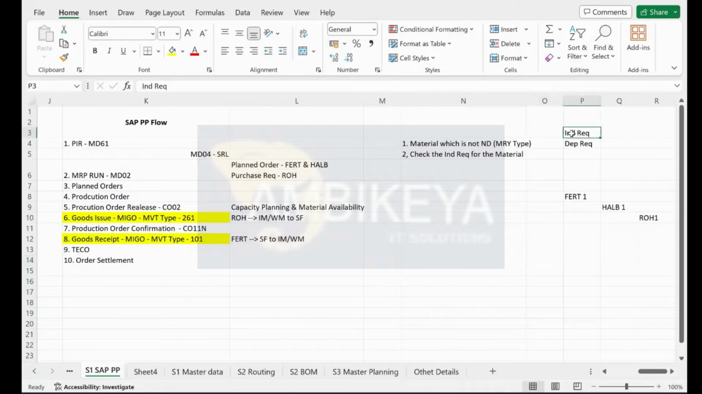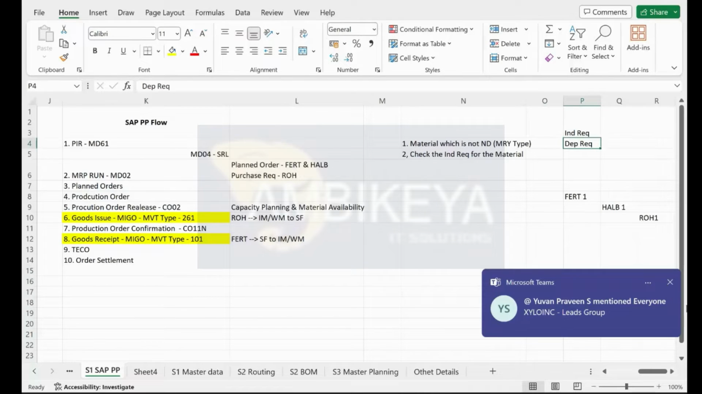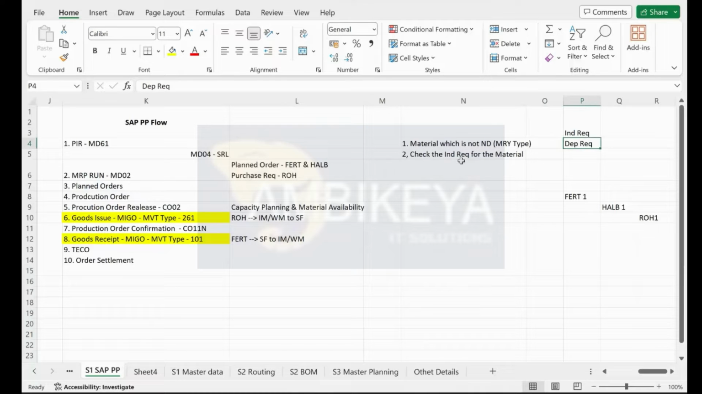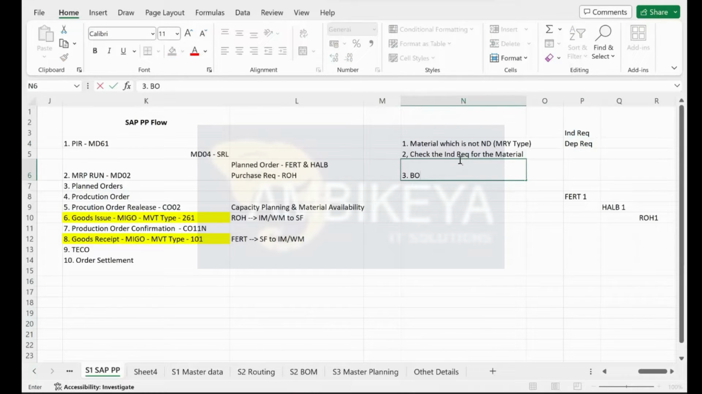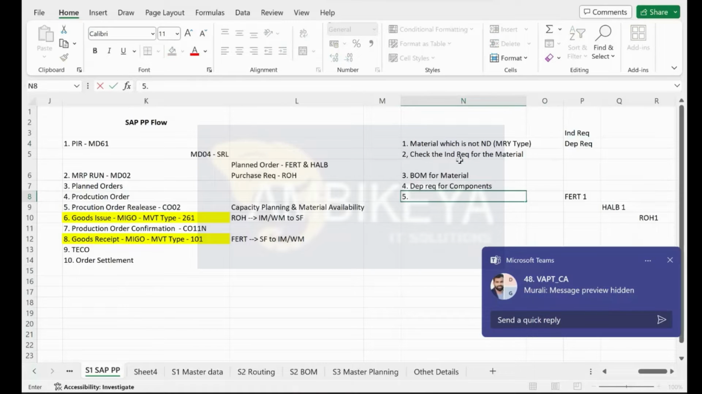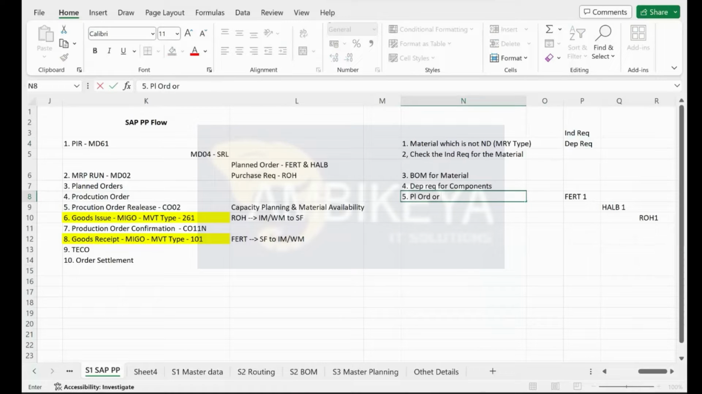Are you clear about independent and dependent requirement? Okay. Now the system will go and check for all the independent requirements of a material. Then it will go and check the bill of materials. Once it checks the bill of material, it will check dependent requirements for components. And the fifth step will be planned order or